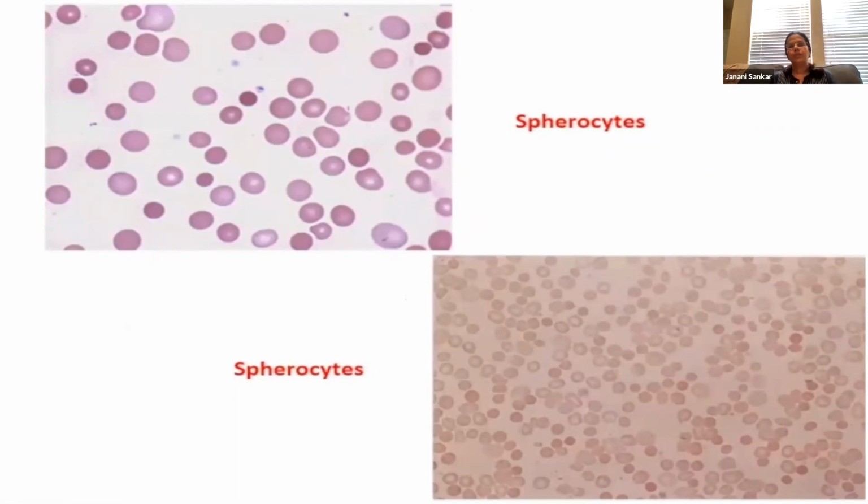So again, if you don't examine these children, they keep coming to you with episodes of hemolysis presenting with high colored urine and scleral icterus, which is triggered by a simple URI, simple febrile illness. So if you don't make the child lie down and examine, and if you don't look at the peripheral smear, and if you don't interpret the indices, you'll label her as recurrent hepatitis, and you'll start referring her to a hepatologist and start working her up on those lines. So this is very simple, and this has happened to many of our children too. They would be treated outside as recurrent viral hepatitis.